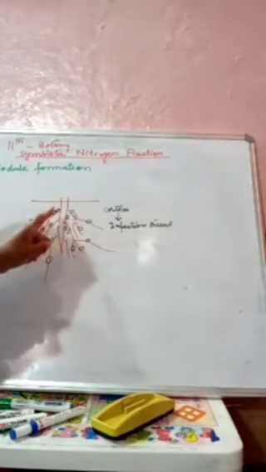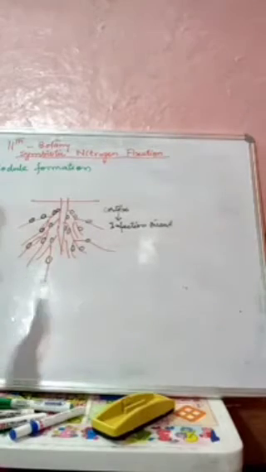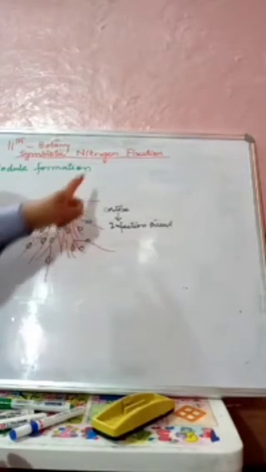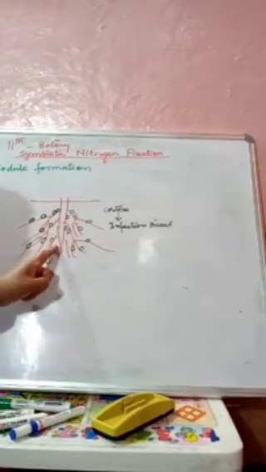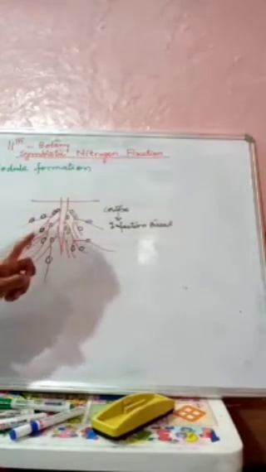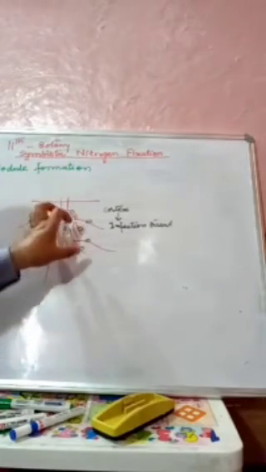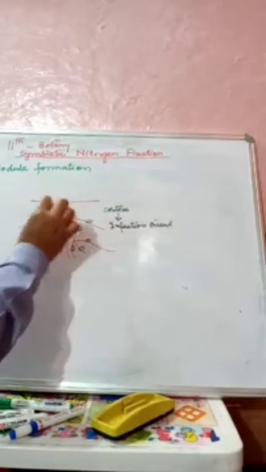Now neither this rhizobium bacterium nor the plant alone can fix nitrogen. If I say that the bacteria can fix nitrogen all on its own, or that this leguminous plant can fix nitrogen all on its own, that is wrong. But what happens is that nitrogen fixation takes place when this rhizobium and this plant have a symbiotic relationship. It is because of this symbiotic relationship between the two that the fixation of nitrogen can take place.